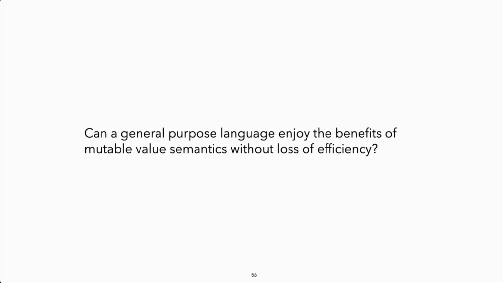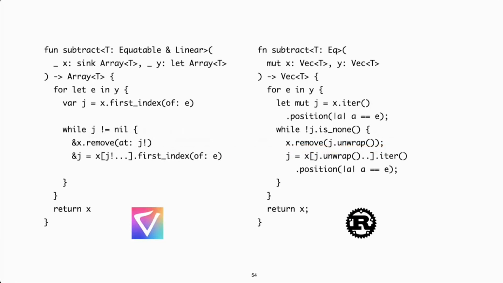Because our research started with Swift, which is a programming language developed by Apple that has a pretty good support for mutable value semantics. But Swift relies on copy and write to mitigate the cost of copying. And though Swift is quite fast, copy and write does incur a runtime cost that for some people is just unacceptable. And this runtime cost is really difficult to avoid when you write Swift code.